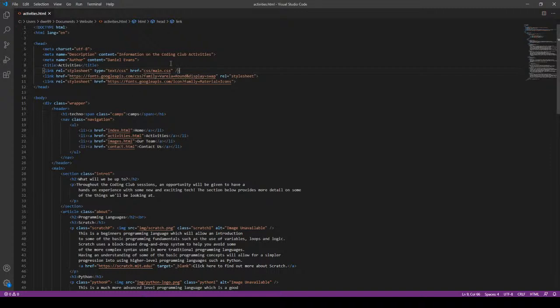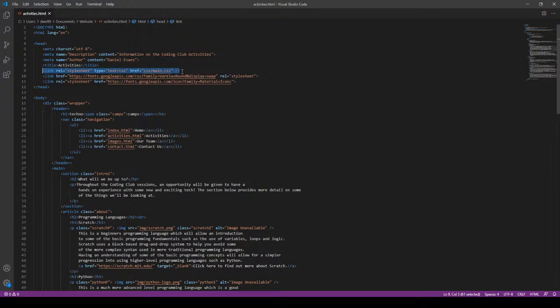So essentially what this line of code is doing here is saying that I'm linking a style sheet, i.e. a CSS sheet, to my HTML document. That way you are able to tie the two together, so that you're able to have your website looking pretty. In order to do this, what you need to use is, in the head part of your website, so within the head section between the two tags, what you need to do is write out